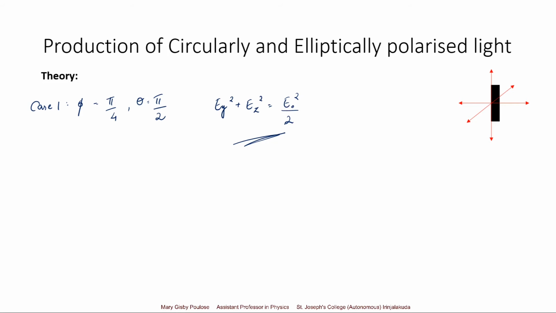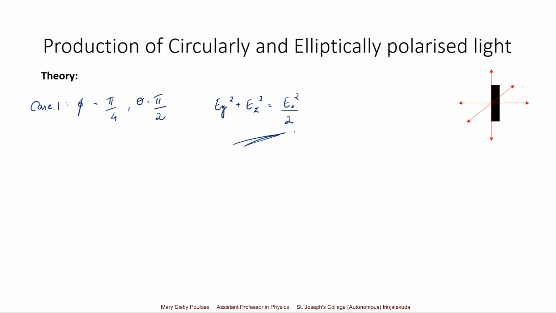You can do the mathematics behind this. Here we understand this to be the equation for a circle. Hence, when light is superimposing with the values of phi pi by 4 and theta pi by 2, we get